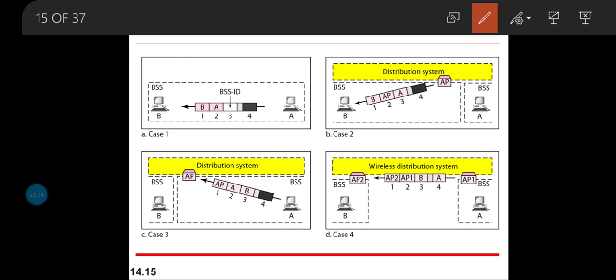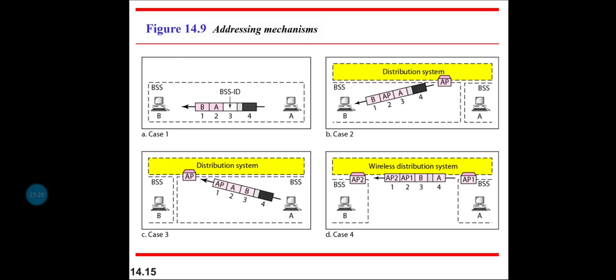In today's session we have learnt how the frame format is laid out for the MAC layer, what the subfields of the frame control are, and the different kinds of addressing mechanisms that exist when I want to communicate within a BSS and between BSSs via a DS and an AP.